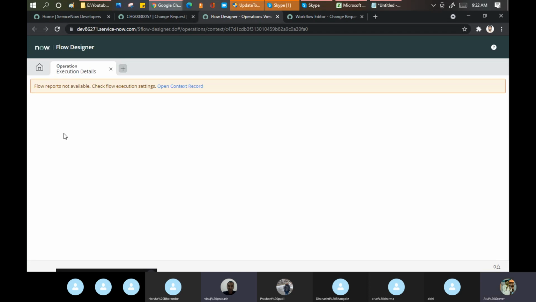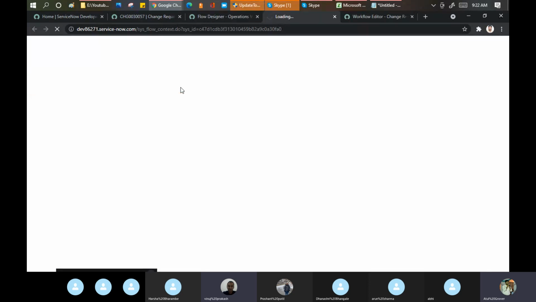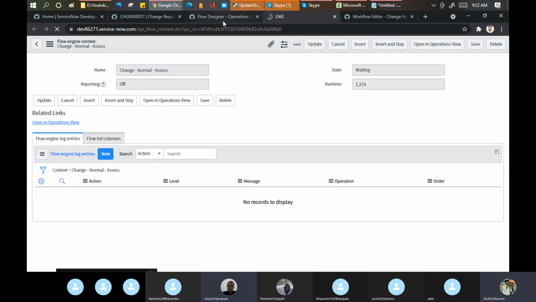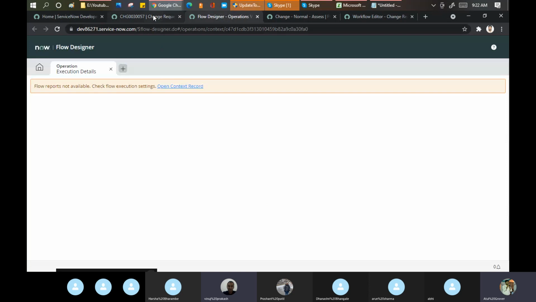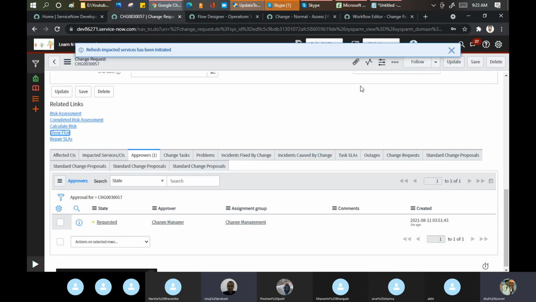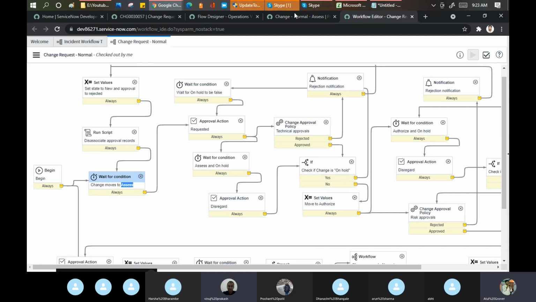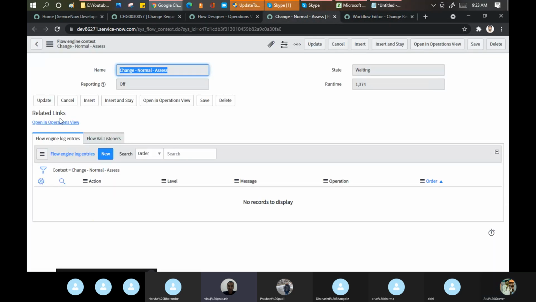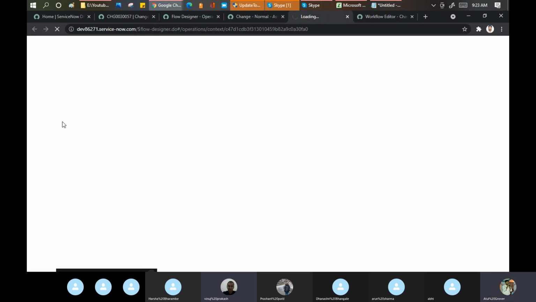Surprisingly, ServiceNow uses the Flow Designer this time, not the workflow, because in the Rome release they introduced the concept called models, and models work on the basis of Flow Designer, not the workflow. Open in the operational view.